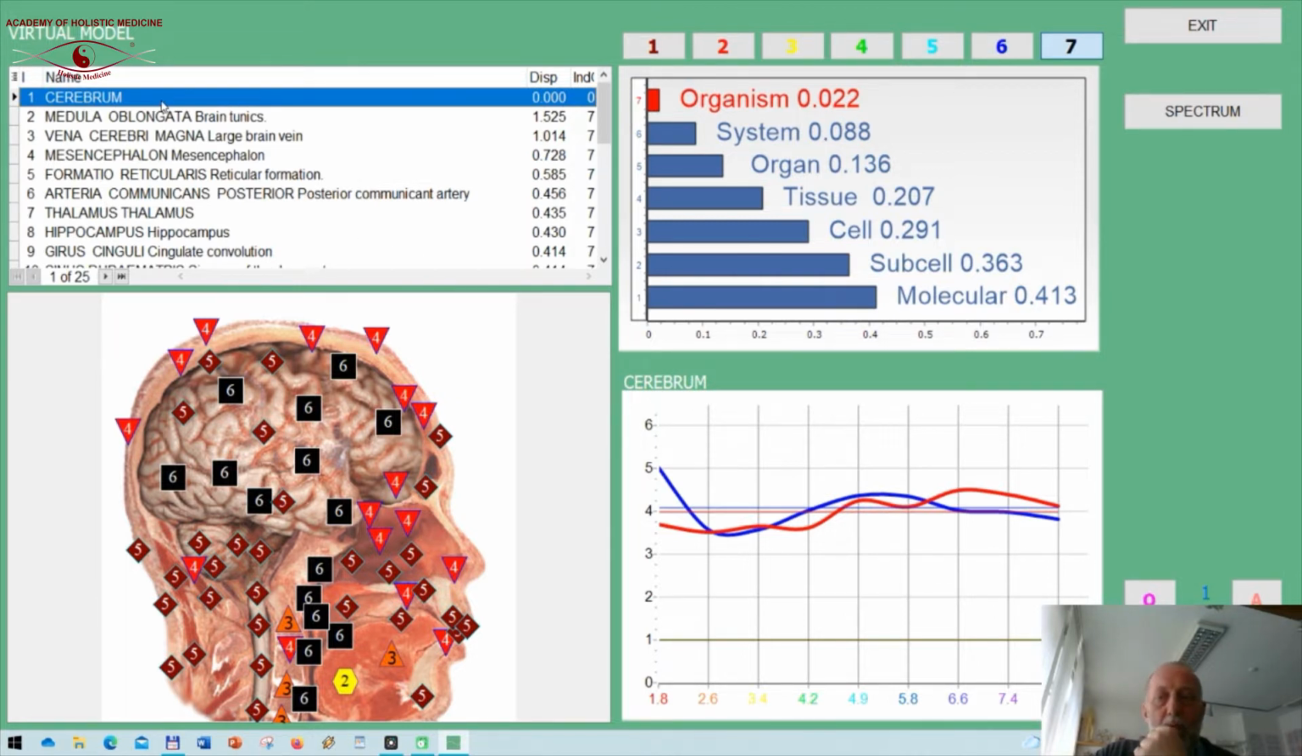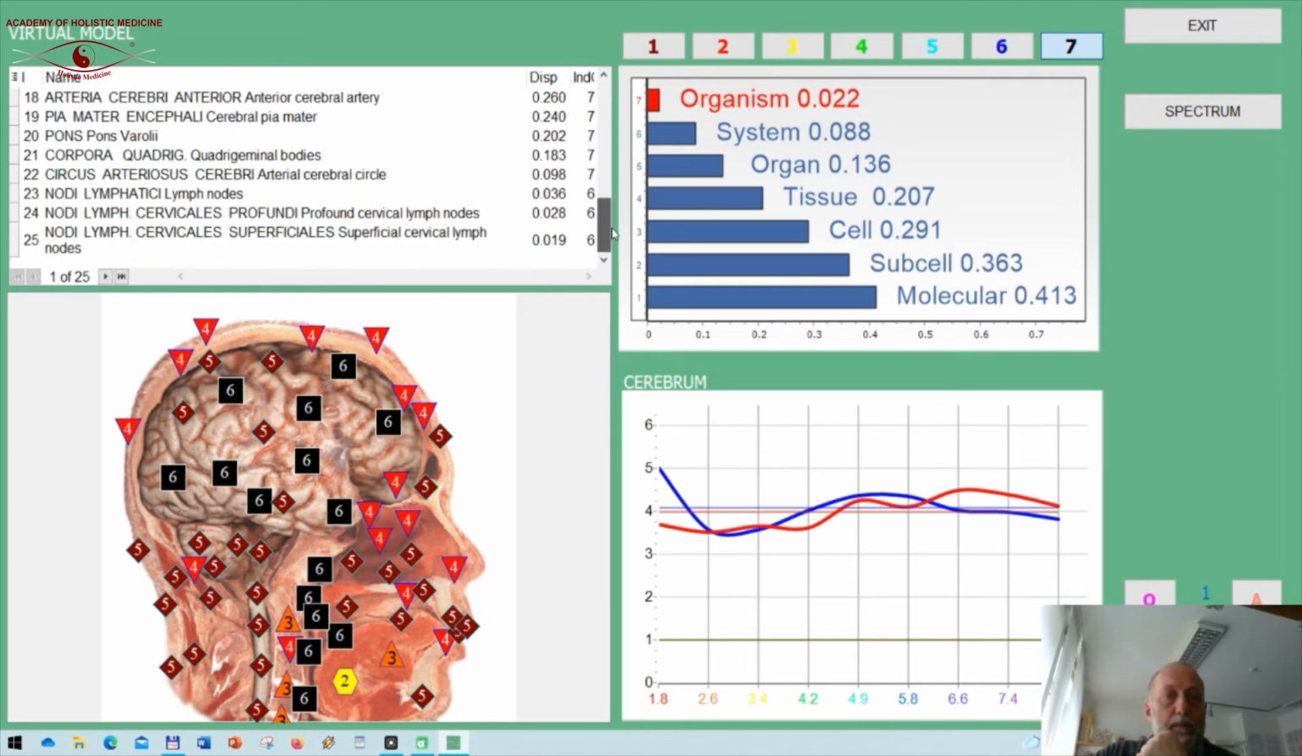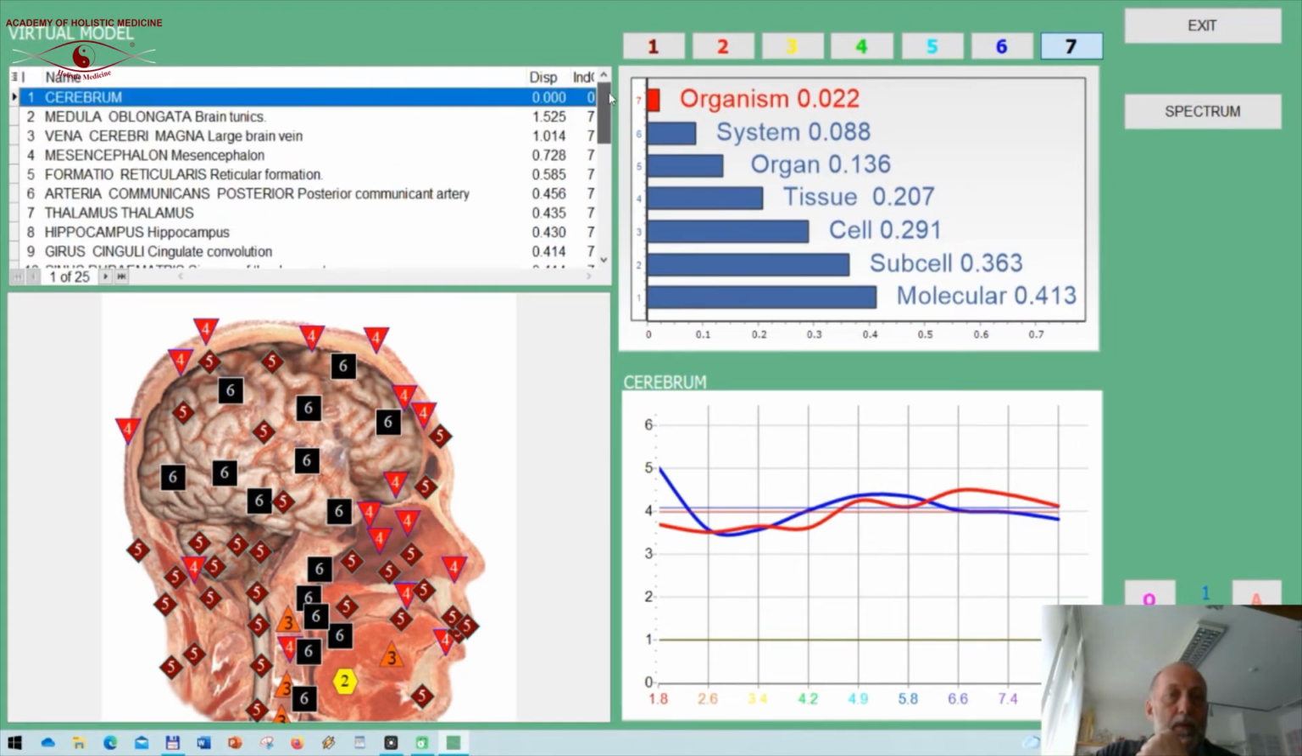There you can see the most affected structure is cerebrum. And the next structure is medulla oblongata, vena cerebri, mesencephalon, and so on, going down low. And there you see all the structures are part of this process here. And this